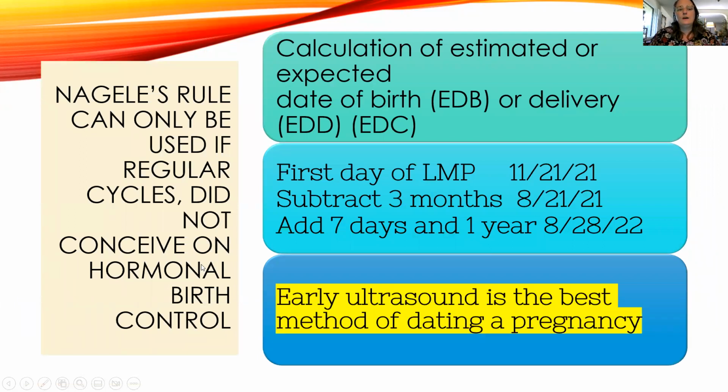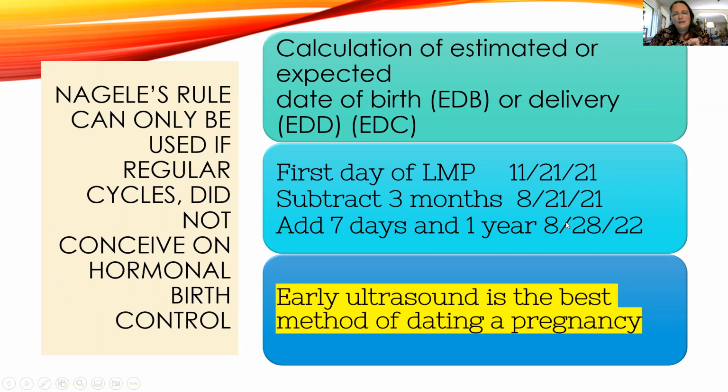Now, I teach you about Naegele's rule here because it's a really quick method, but there's only certain times it can actually be used. So if the person got pregnant while on birth control or does not have regular 28-ish day cycles, Naegele's rule is not going to work. But we will take the first day of the last menstrual period, and I've given you an example here. You're going to subtract 3 months from that,